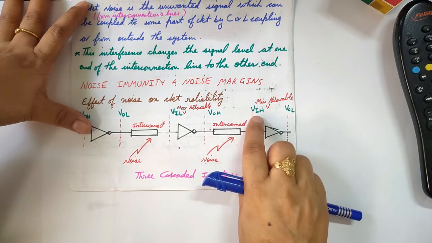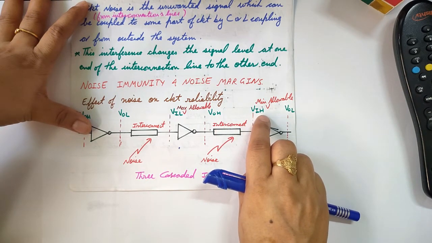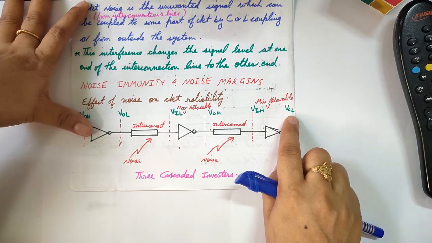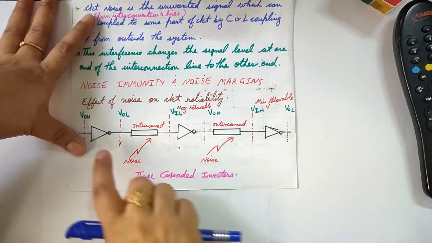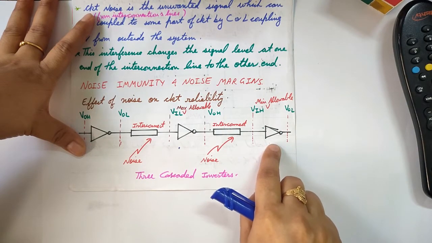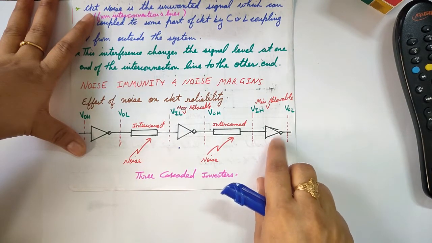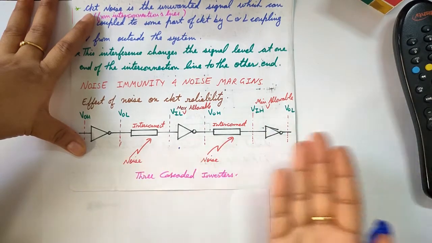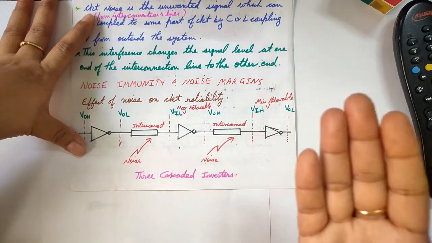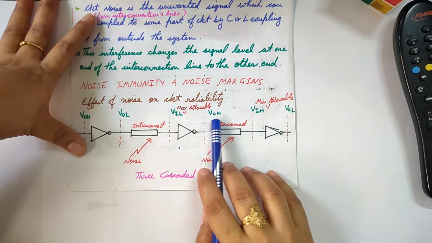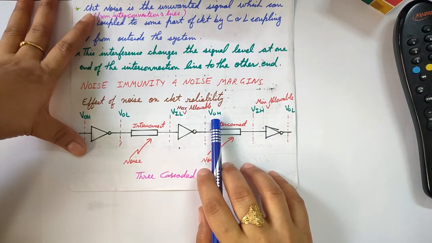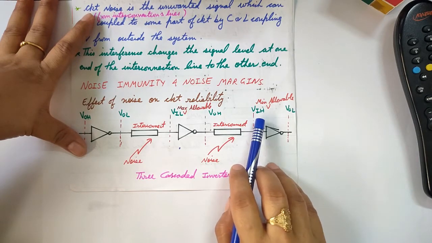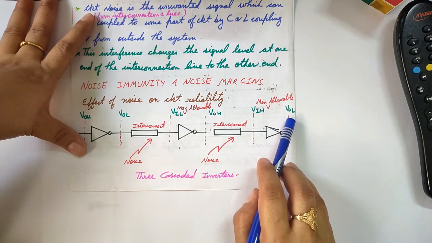So if VOH decreases to VIH, it will even then be treated as logic 1 and it will give a correct output as low logic. So we will get VOL. So we discussed in what conditions we will get correct output. For getting a wrong output, there are so many reasons. Like we have talked about VOH, if it decreases further below VIH, it will become a low signal, and here it will give a high signal, which will be a wrong output.